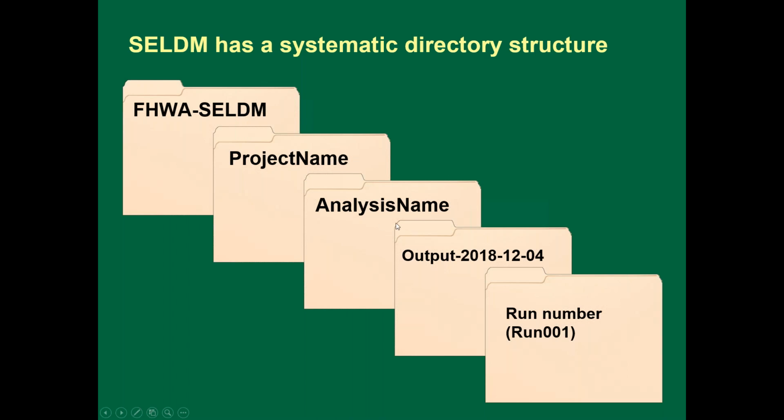And under that, each analysis will have an analysis name folder. And each day you run the analysis, you will get an output for that day. And each time on that day you run that analysis, you will get a run number. So if you run something and you realize you messed it up, and then you run it again, you'll get